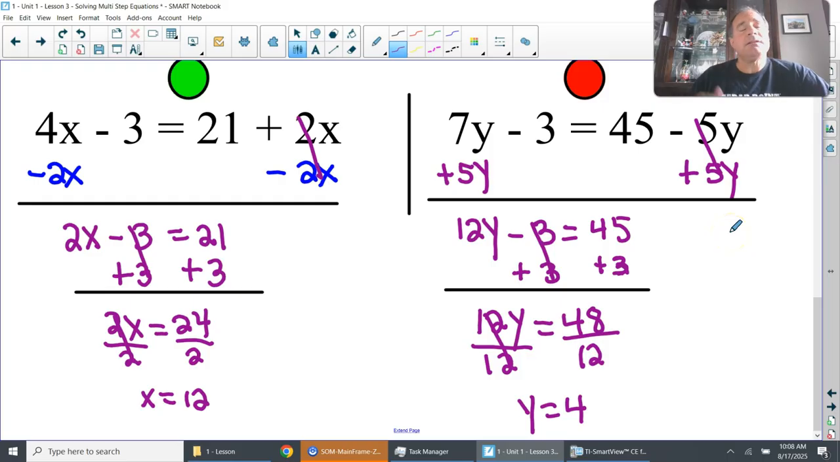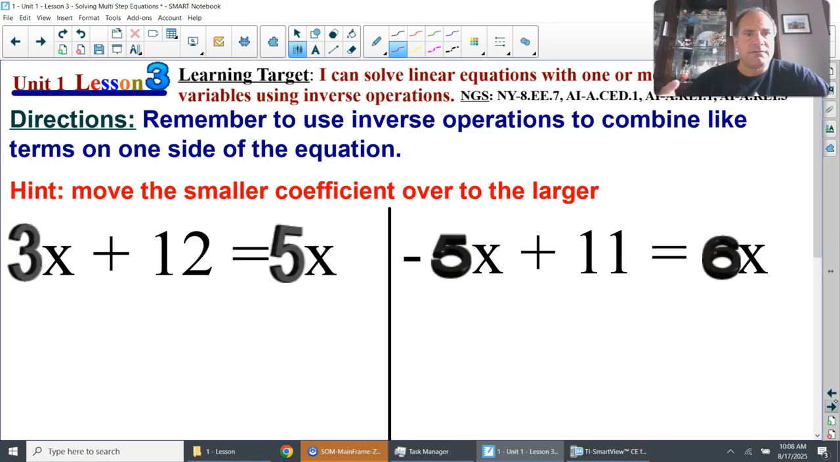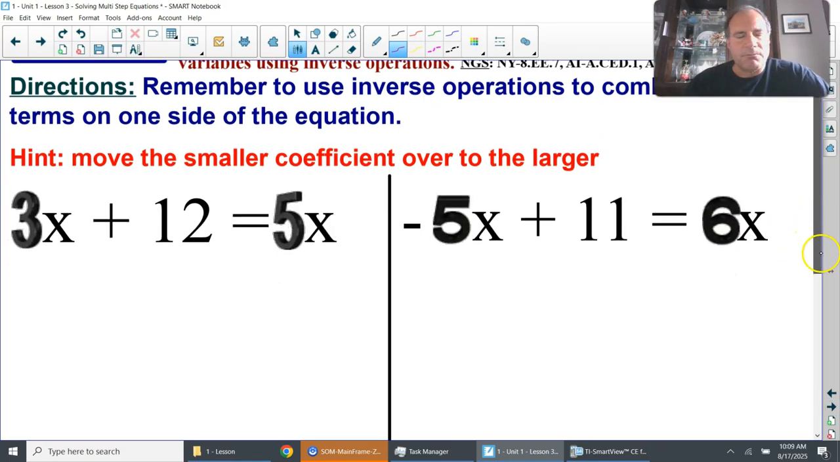And that's it. When you see the variables on opposite sides of the equal sign, that's when you have to bring the smaller over to the larger. You don't have to, but you should combine the variables somehow, some way. Bring that over first. Don't worry about the other numbers first. Just the coefficients with the variables, get them together first so you can start to solve the equation. So here's some more